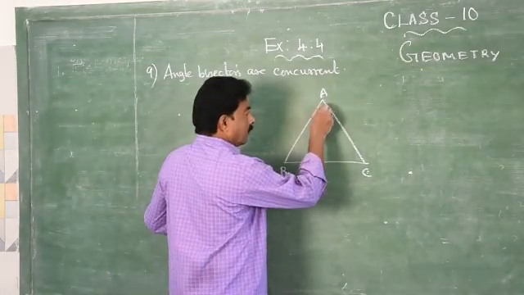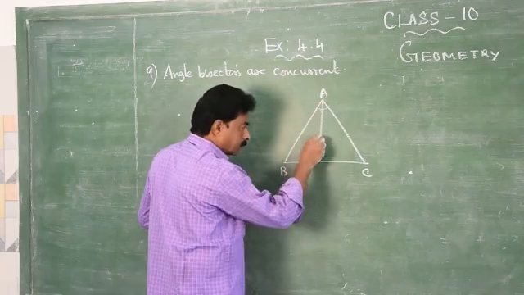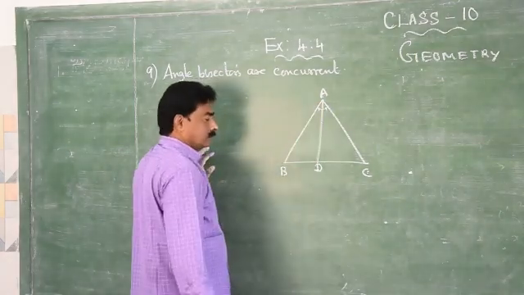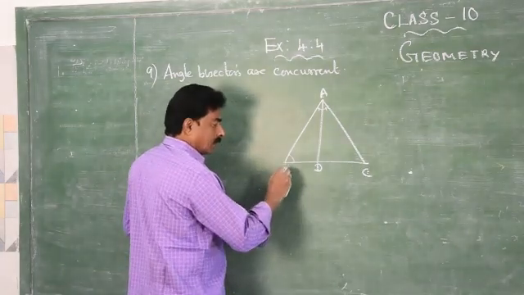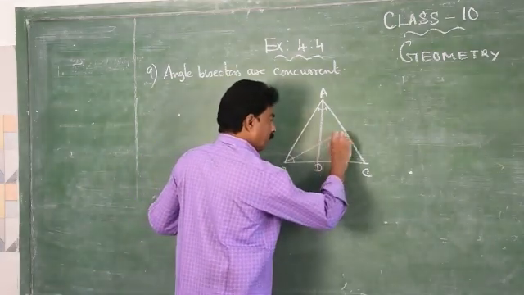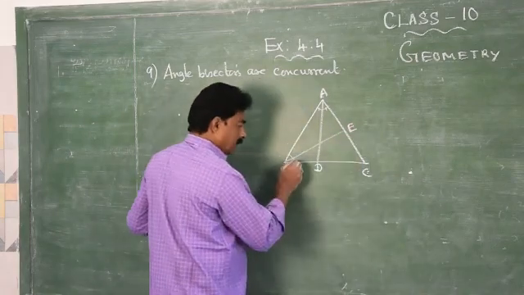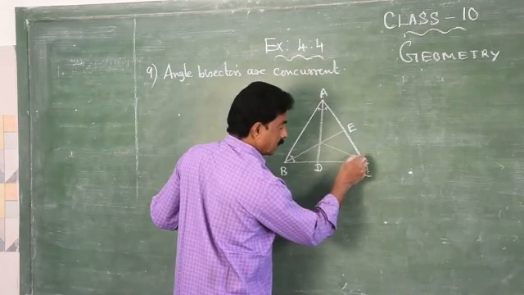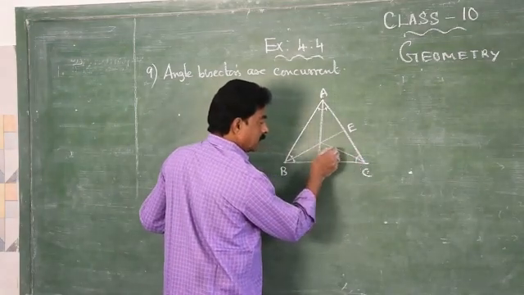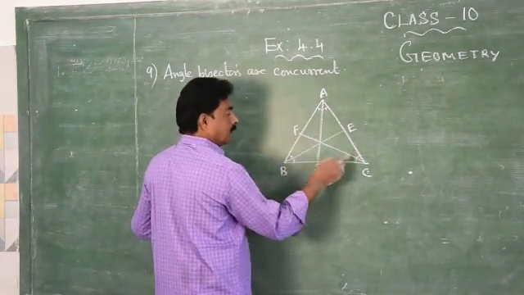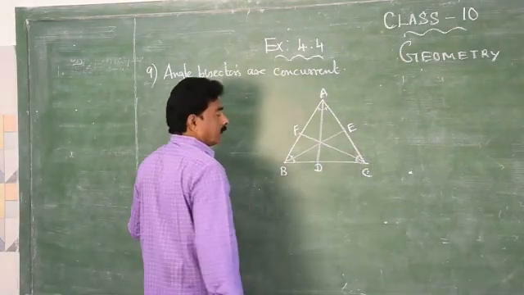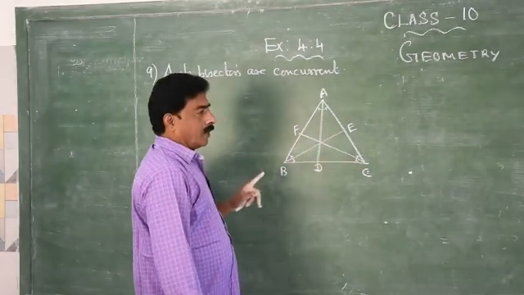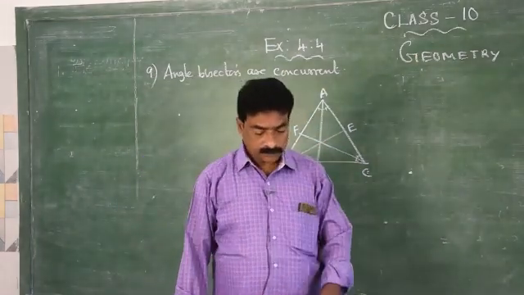AD bisects angle A. BE bisects angle B. And CF bisects angle C. We have to show that AD, BE, CF are concurrent. So,